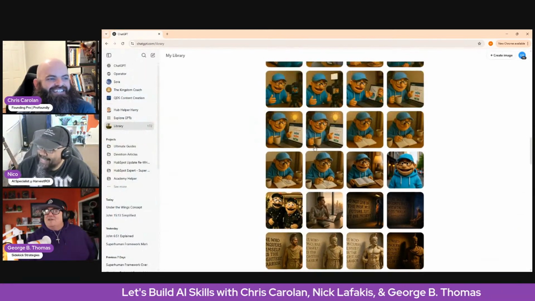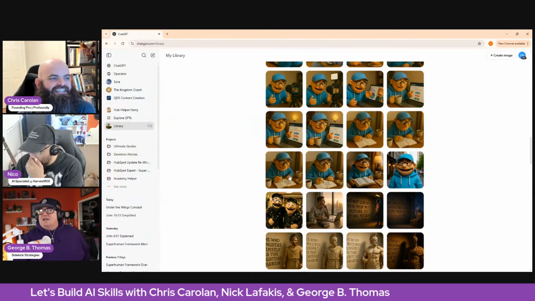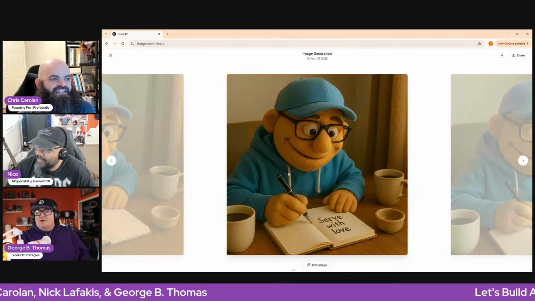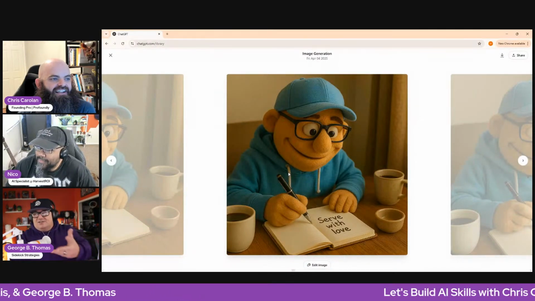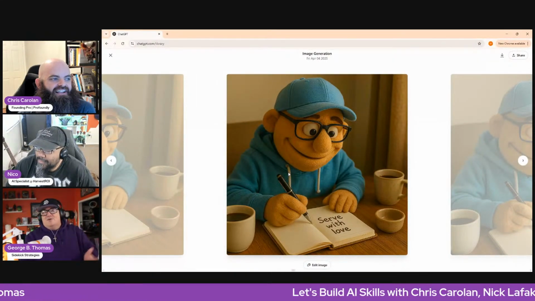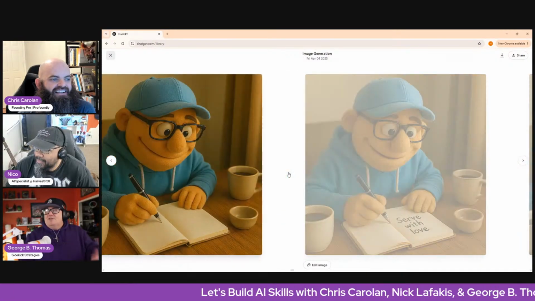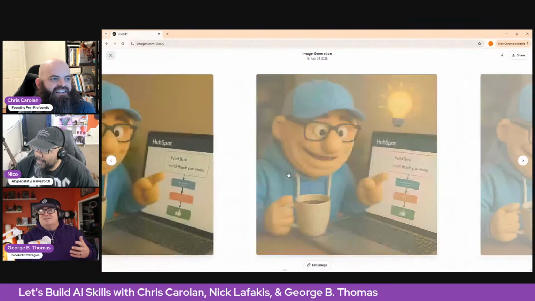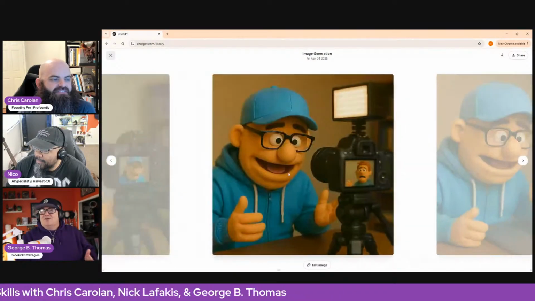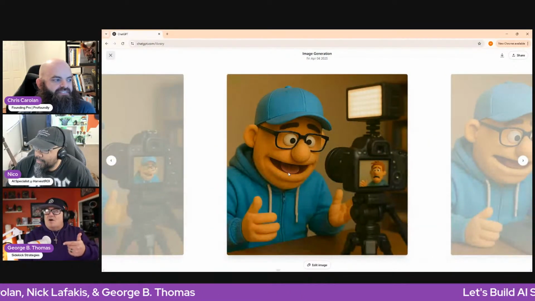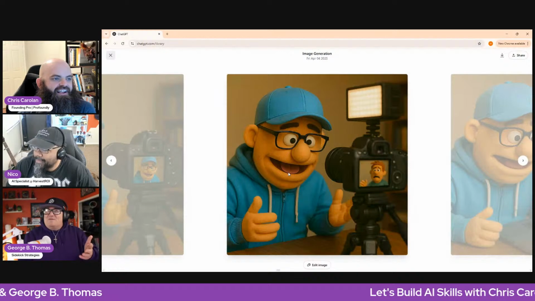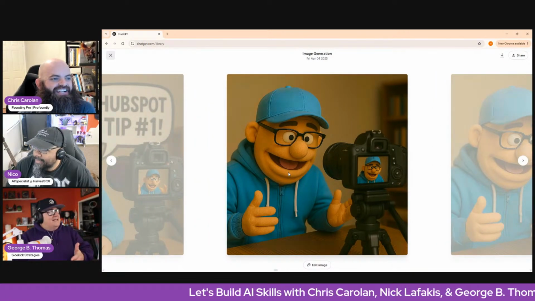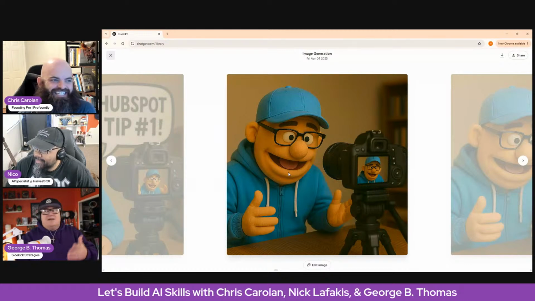But you can see even here, and this again was a post that I did, it wrote it upside down. The point was I wanted it to take notes. It's interesting that serve with love is what it threw in there. That's what we should all be doing. But then you can see I can iterate and make it do these different things, where this is the day in the life of a HubSpotter. So this is wrong. I'm like, hey, dude, it's a different person on the end of the camera. But then boom, look what I can do. I can fix it. So it's me on the other side of the camera.